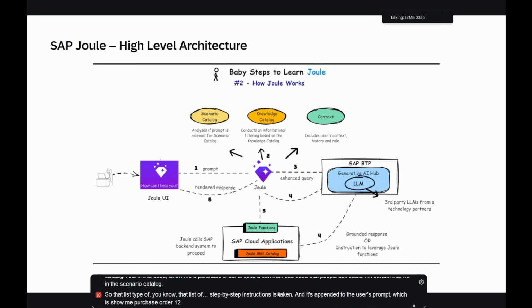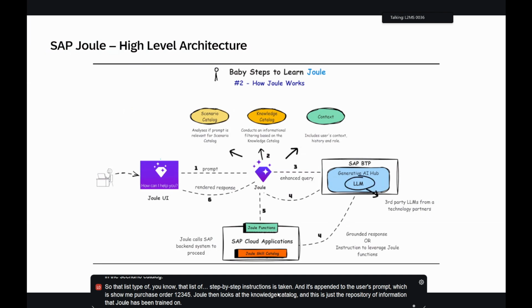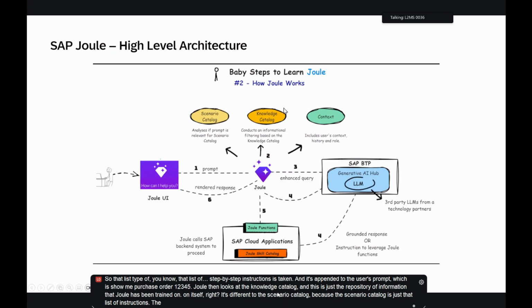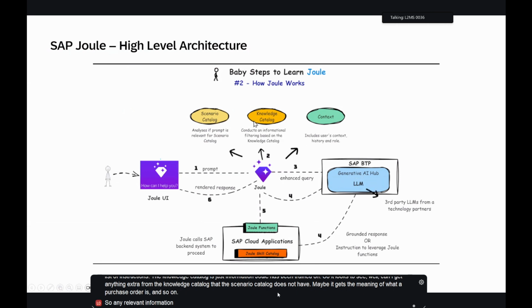purchase order 12345. Joule then looks at the knowledge catalog, and this is just the repository of information that Joule has been trained on itself, right? It's different to the scenario catalog because the scenario catalog is just that list of instructions. The knowledge catalog is just information Joule has been trained on. So it looks to see, well, can I get anything extra from the knowledge catalog that the scenario catalog does not have? Maybe it gets the meaning of what a purchase order is and so on. So any relevant information from the knowledge catalog it takes and it also appends to this initial string plus the